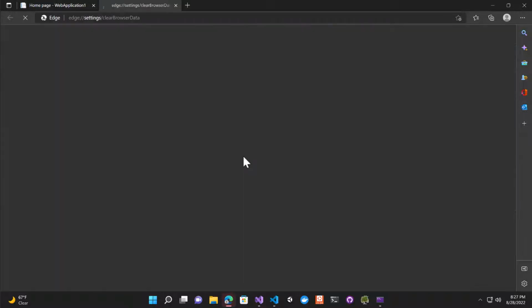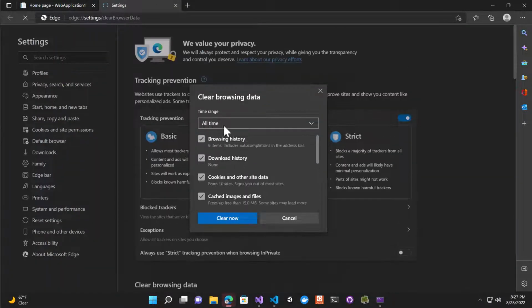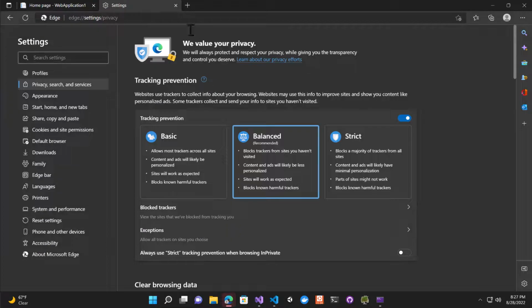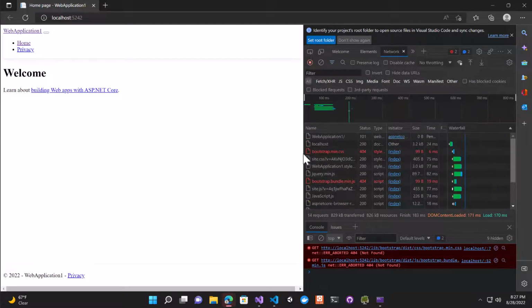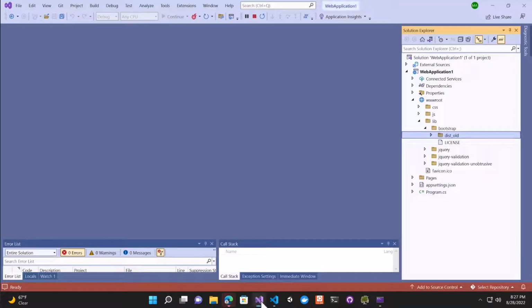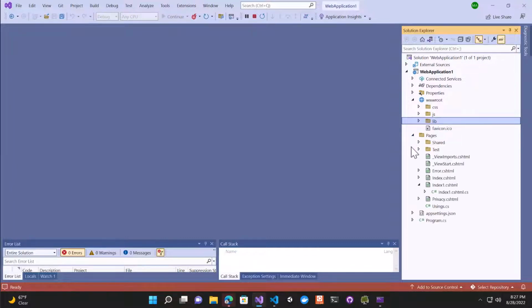So if I clear the browsing data from all time, and now if I refresh, I should see some errors in here. And the styling goes away and we can't find this information. Now, you can override this to where it will always go and get the latest information. So if we go to our